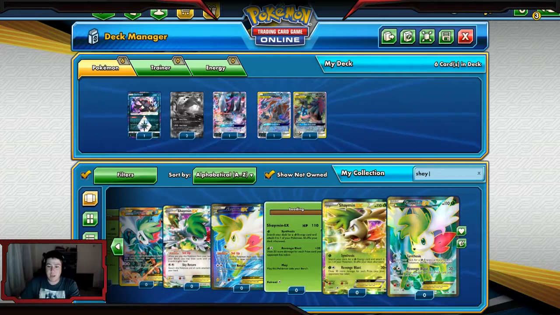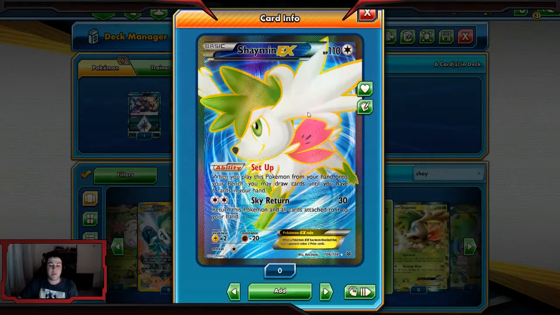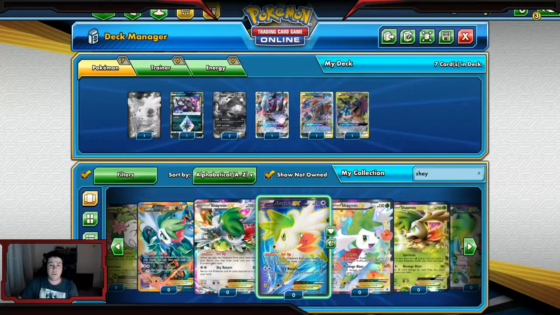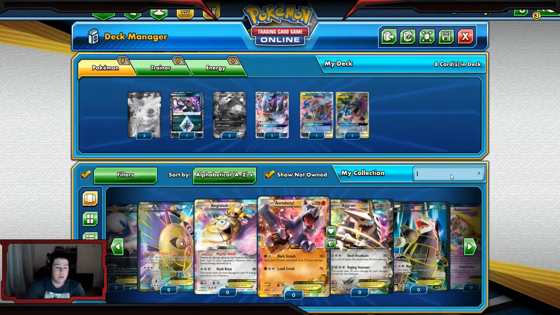So Shaymin EX right here, the one with the Set Up ability. Now this one right here, when you play it from your hand onto your bench, it's basically Dedenne GX. It allows you to draw until you have 6 cards in your hand. So this is a good support Pokemon. We know we'll need at least 2 of those in there to help draw. And then I would add at least 1